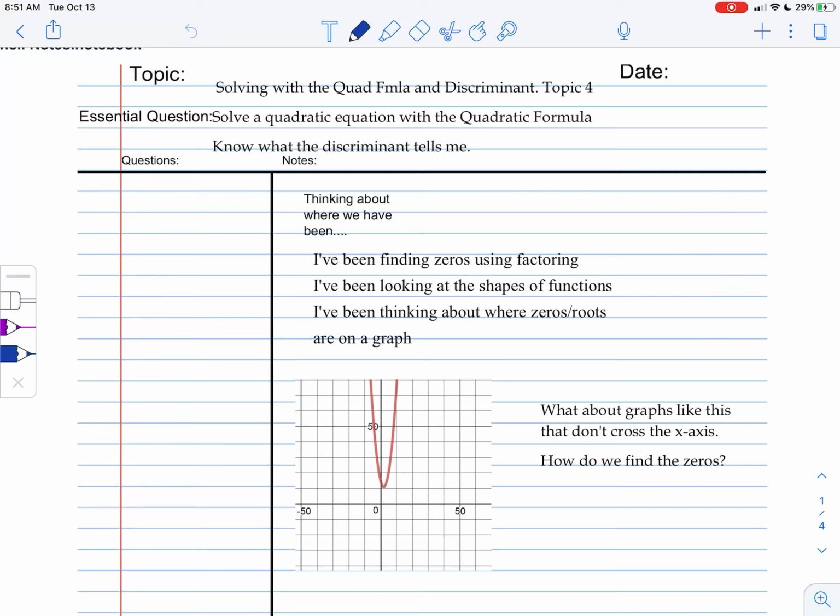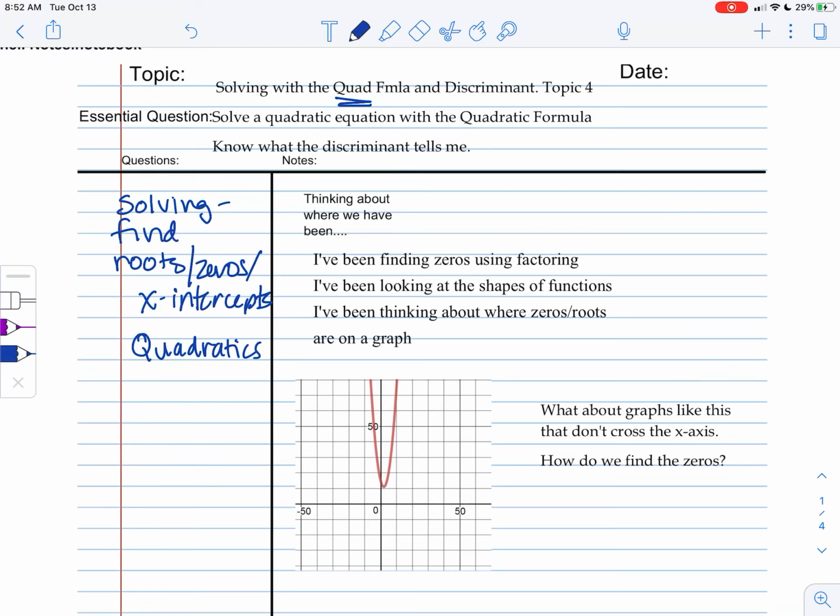We are on topic 4, and we are going to be talking about the quadratic formula and the discriminant. And we're going to be solving. So I hope that you remember that solving means to find the roots or the zeros or the x-intercepts. And specifically, with the quadratic formula, we're going to be talking about those that are quadratics, which means they are